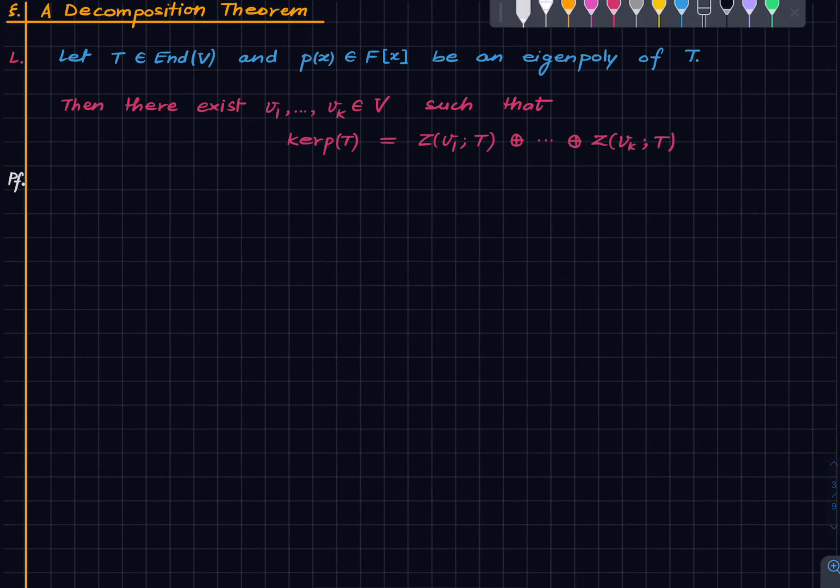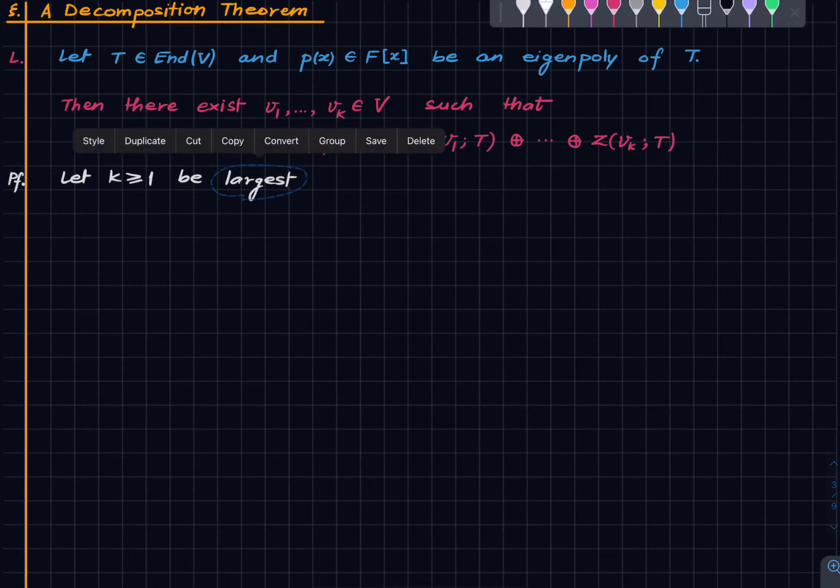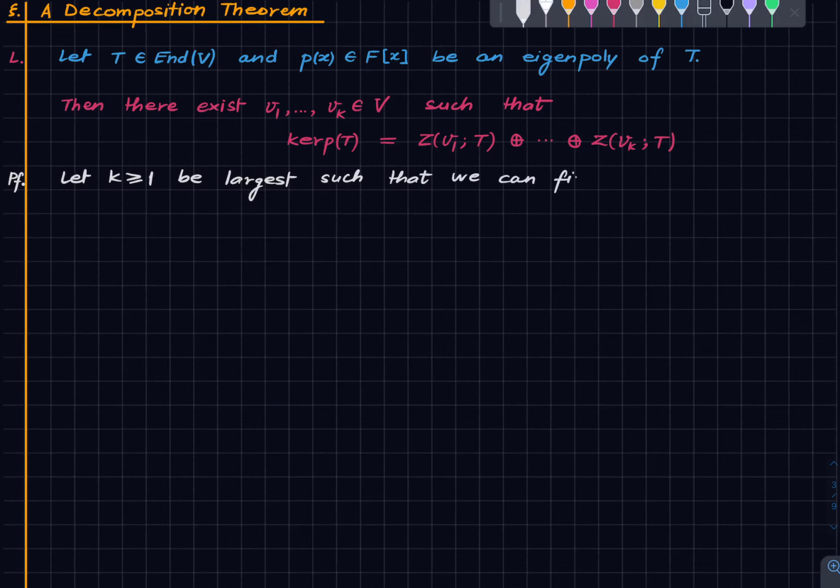All right. So here is a starting point which we need to understand. So let k be the largest positive integer such that one can find non-zero vectors in the kernel of P(T) satisfying